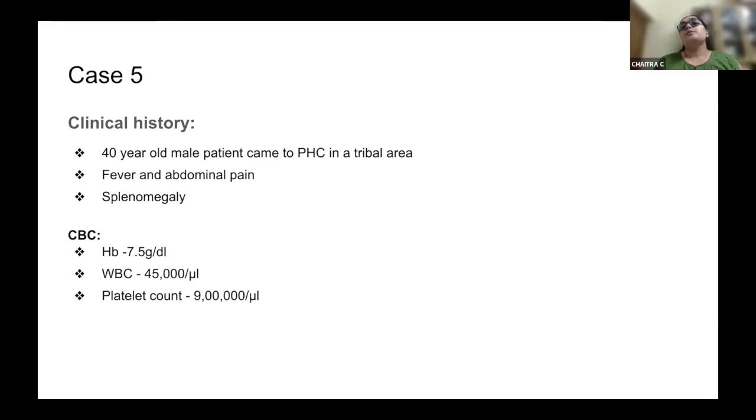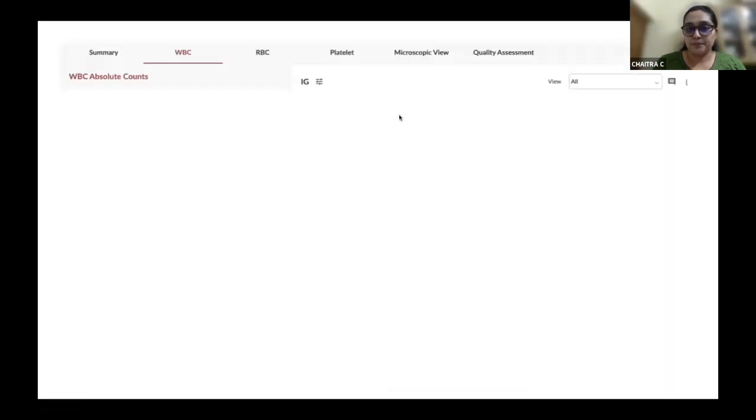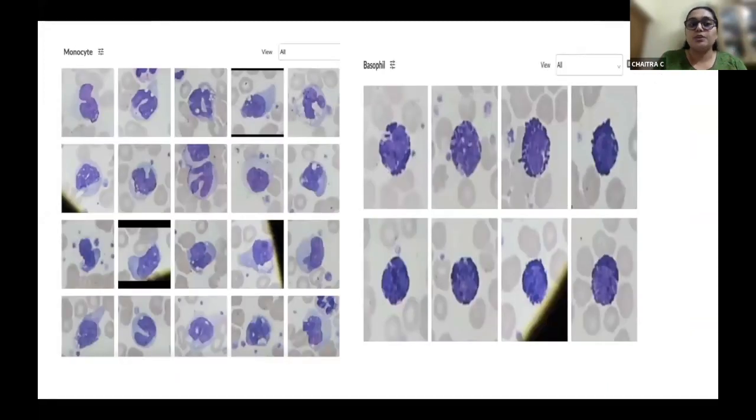So this case was reported by a pathologist using the remote access option of AI100. The pathologist sitting in Bangalore could see this report. This case showed an increase in WBC count, and there was an increase in neutrophils. Coming to the differential count, there was a shift to the left. Here we could see beautiful myelocytes and metamyelocytes. AI has already classified the IGs, subclassified your IGs, and